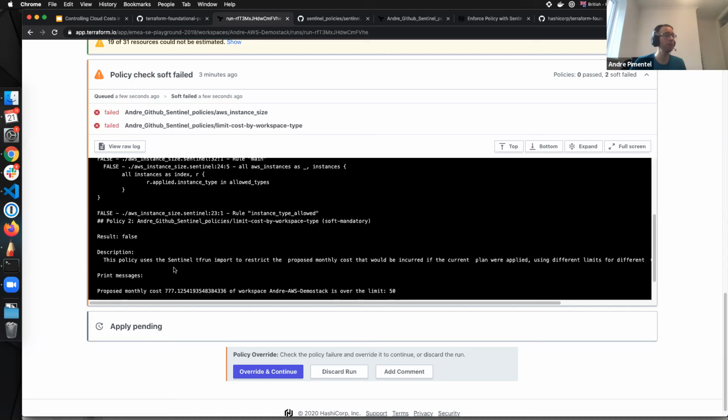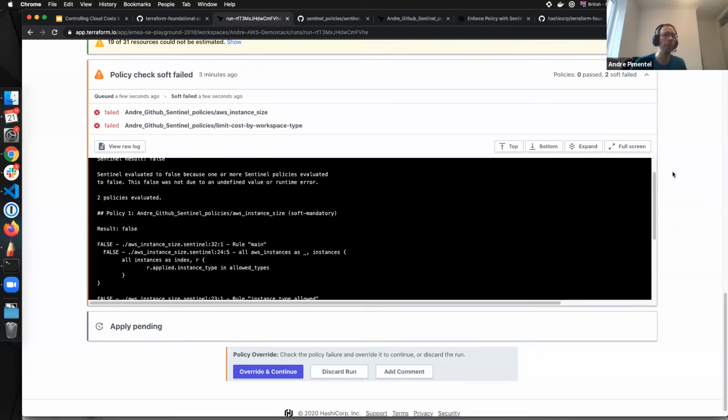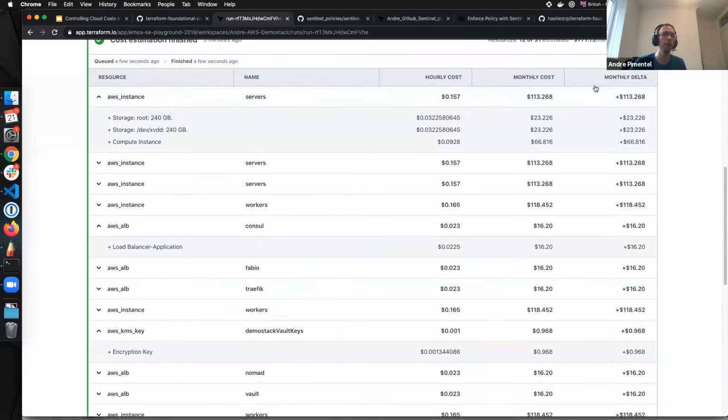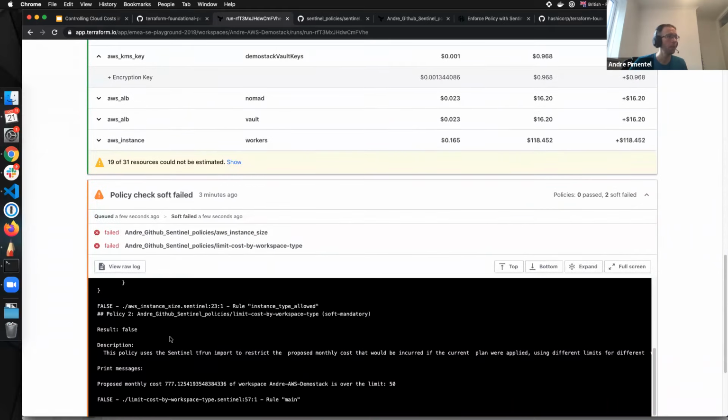This policy uses Sentinel Terraform import to extract the proposed monthly costs of the current costs. And the proposed monthly cost of $777.1254, which is an approximate value of our cost estimation, is over the limit of 50.